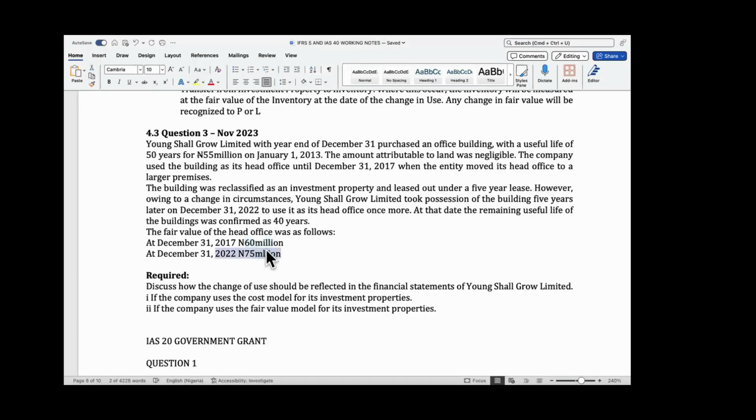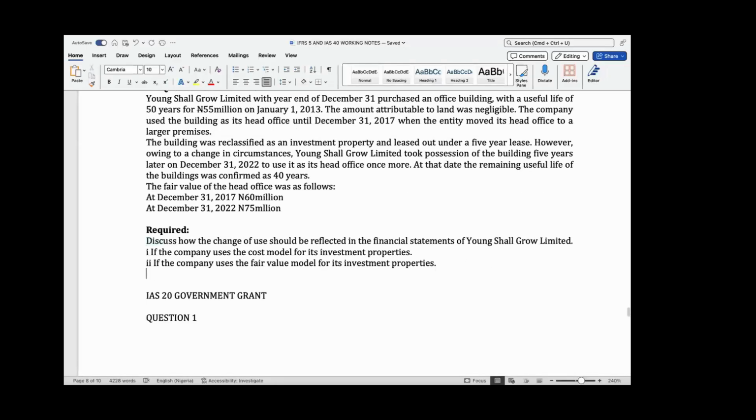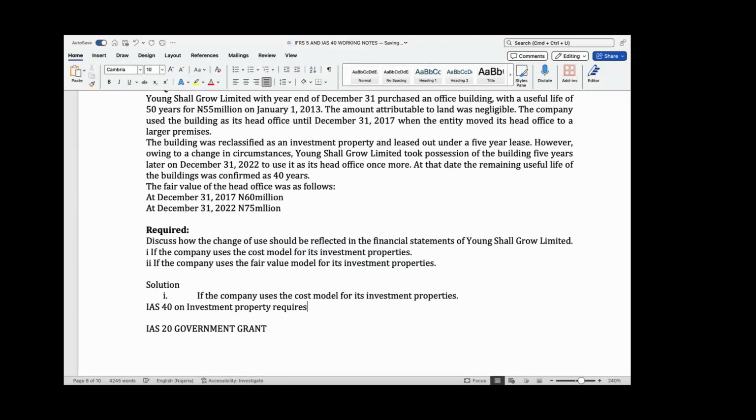So we're now asked to discuss how the change in use will be reflected in the financial statement. They didn't even say prepare, they said discuss. Now, let's look at I. If the company uses the cost model for investment property, see IAS 40 on investment property, which requires that